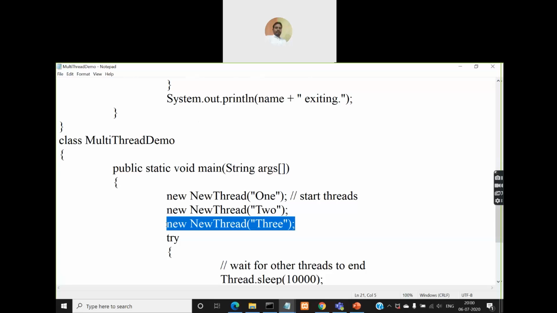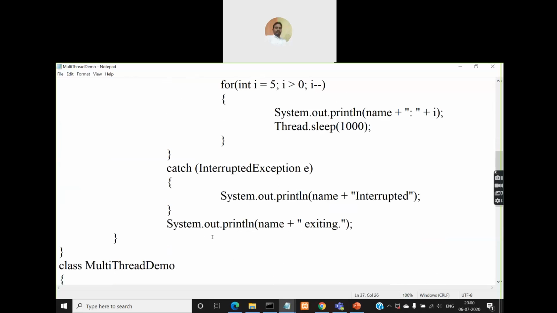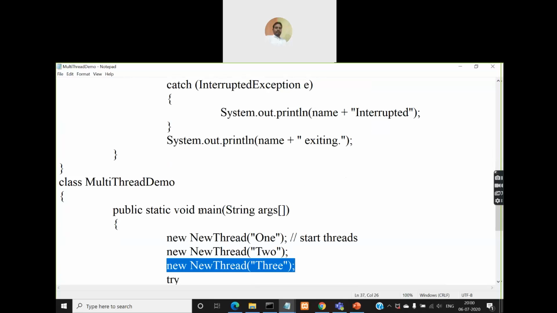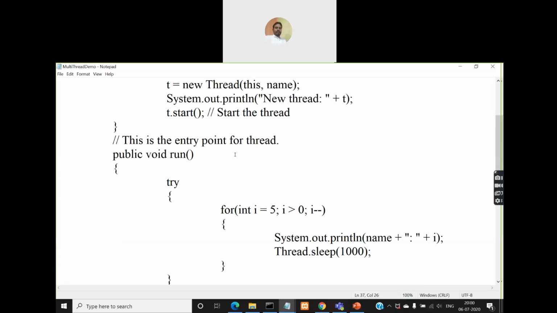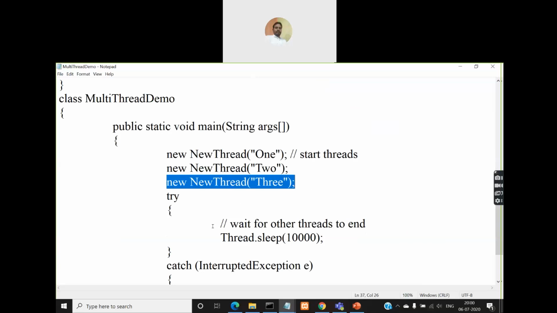And in the main method, what is the next step? Creating one more thread with the name 3. So again, the constructor will be called. The constructor will assign the thread name as 3 and display its information, and then again call the start method. So the start method in turn will call the run method. So at this point now, totally we have four threads under execution: main thread, 1, 2, and 3. So the switching will be taking place between main thread, thread 1, thread 2, thread 3, like this, whenever they are suspended. And finally, all the threads will end by displaying their name, 1 exiting, 2 exiting, 3 exiting, and finally after that, main also will exit.